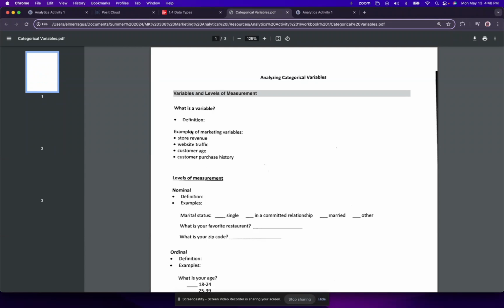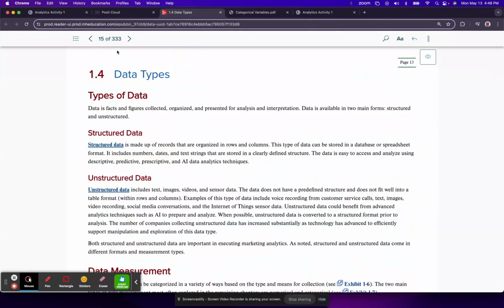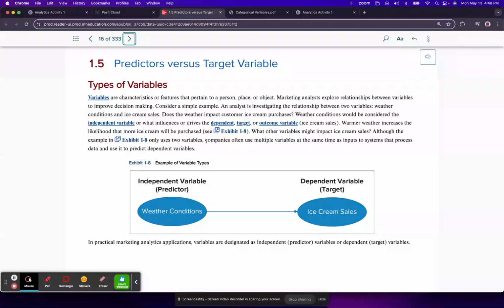So a variable, what is a variable? Well, our textbook in the next section briefly gives us a definition. Variables are characteristics or features that pertain to a person, place, or object. Like, okay, cool. Another way to think of it is it's in the name. It's anything that varies.